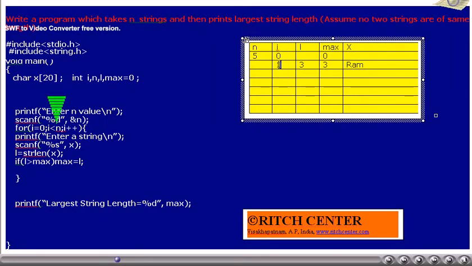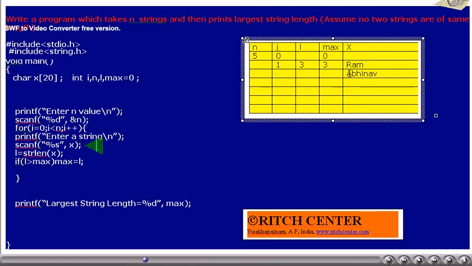Now the for condition is tested. i, is it less than n? 1 less than 5? Yes. Thus the loop is going to get executed once more. Let us assume that the user has entered the string Abhinav in this iteration.